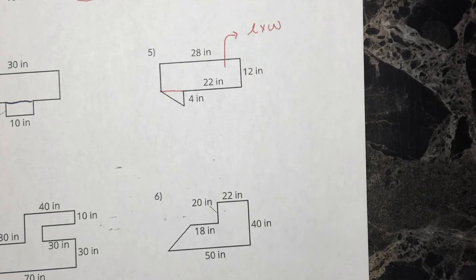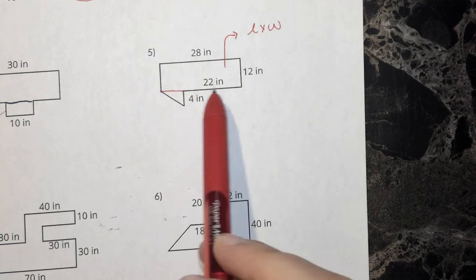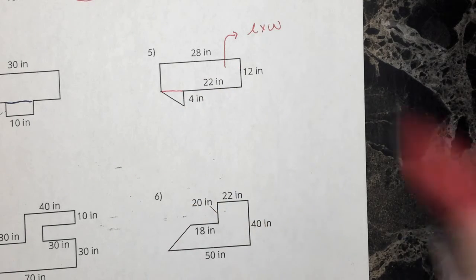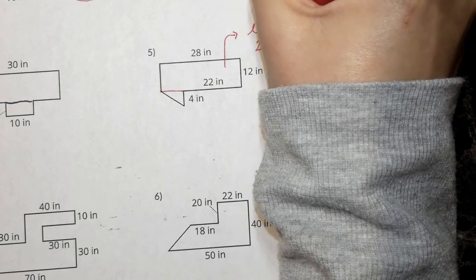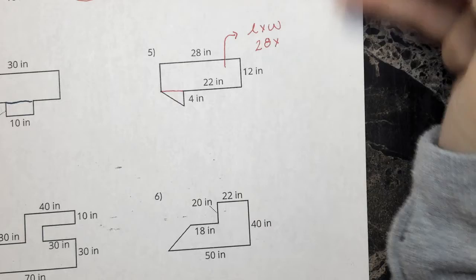your width. Okay? The length is where you have to think, okay, I'm trying to find the entire length here. Would it be 22 or would it be 28? The entire length, you're going to see, would be the entire 28. So it would be 28. And you're going to multiply it by your width, how high this rectangle goes, which is on the side, which is